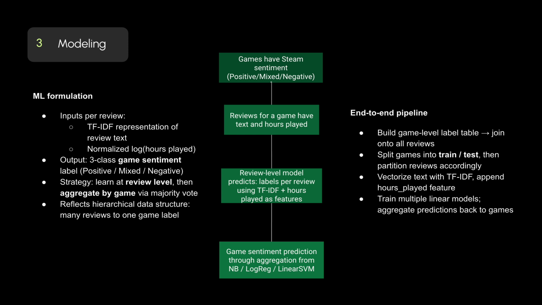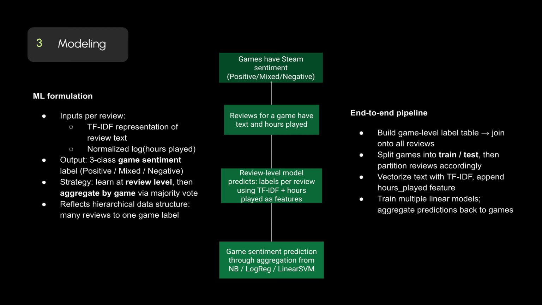But the important thing at the end of section 2 is that we aggregate reviews to the game level, since that's our objective. And we have a table there just showing the final shape with how many games we'll be working with. Now, moving on